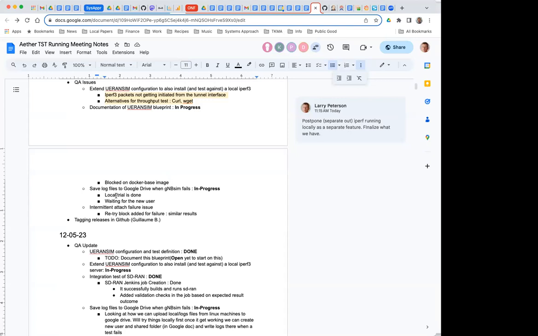We are just waiting for the new user that we have requested from Michelle. Once that generic user, the Jenkins user that we have requested, is available, we will integrate it with our code, and we will use this G Drive utility for uploading logs to the Google Drive. Okay, thank you.